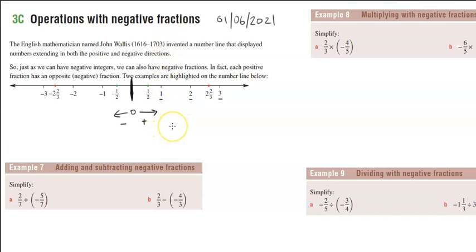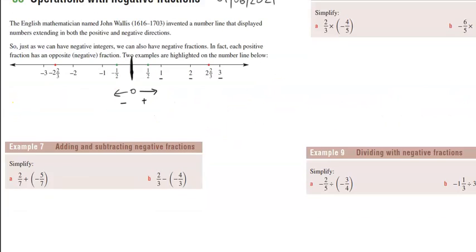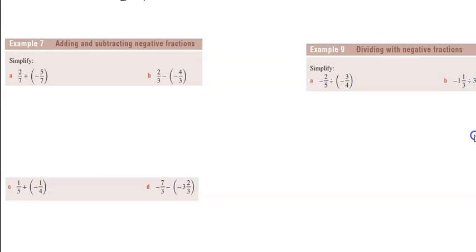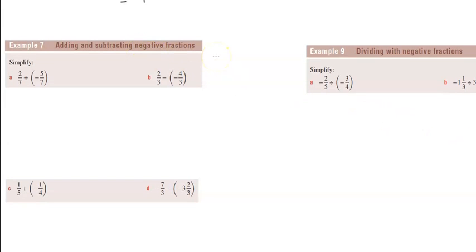So what we'll be looking into is applying our negative and positive rules for adding and subtracting, multiplying, dividing, but intertwining this with fractions. Can get a little bit tricky, so let's just recall the different addition and subtraction rules. So I'll just go down to our first example over here, and this is taken straight from the textbook, example 7 from exercise 3C. Just before we tackle this, when it comes to addition and subtraction,